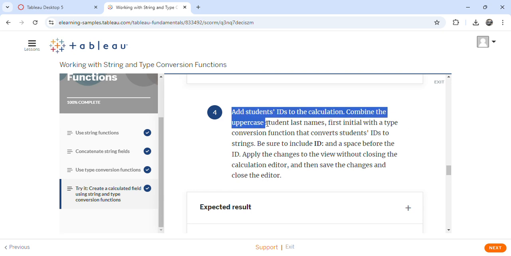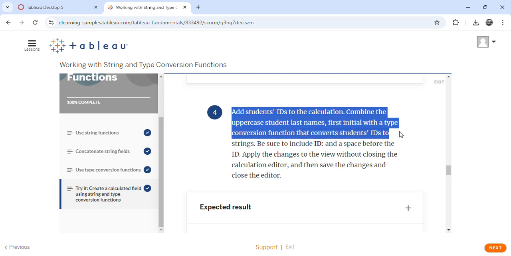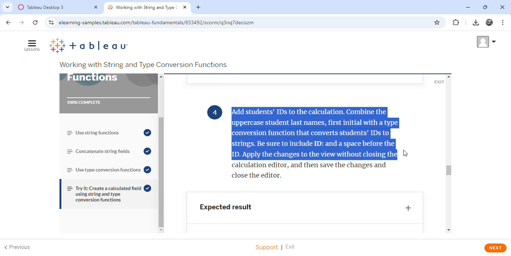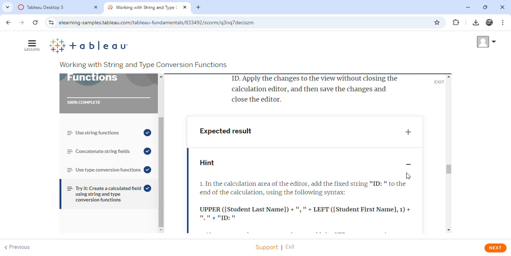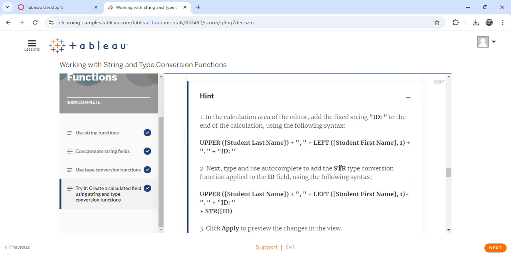Step 4, add students' IDs to the calculation. Combine the uppercase student last name's first initial with a type conversion function that converts student IDs to strings. Be sure to include ID and a space before the ID. Apply the changes to the view without closing the calculation editor, and then save the changes and close the editor. Alright, the hint. In the calculation area of the editor, add the fixed string ID to the end of the calculation using the following syntax. So just plus ID